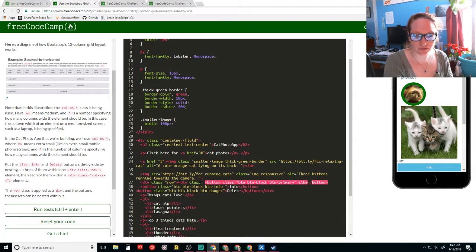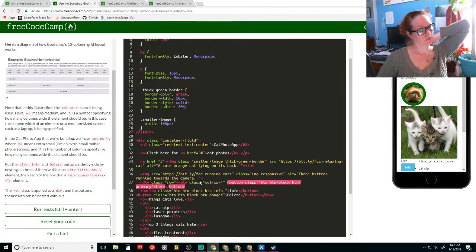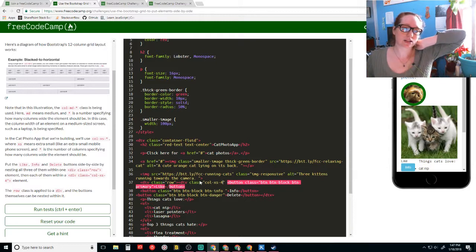No, equals this one. It does not, so it doesn't do it to everything? The column has to be added to each element?